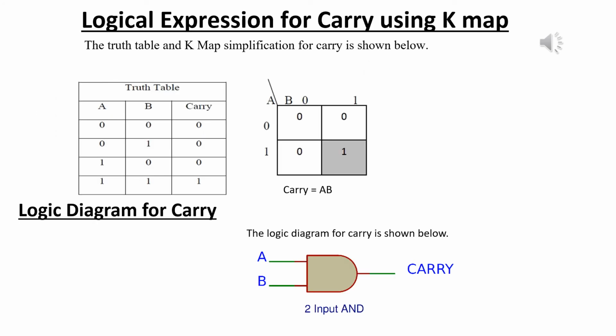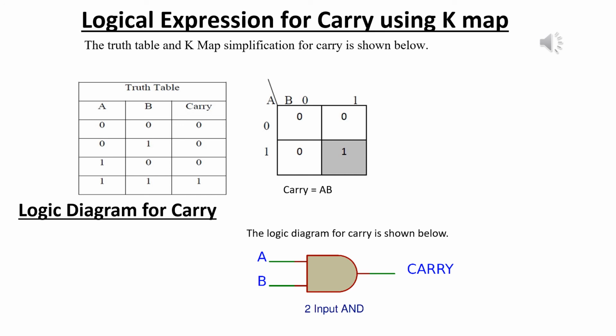Now the logical expression for the carry output is discussed here. So consider the truth table with the carry outputs. In a similar manner, we have to construct a two-variable K-map. The two-variable K-map consists of 4 cells. Now replace the binary values in all these 4 cells. So the value 0, 0 gives the output as 0, and for 0, 1 the carry value is equivalent to 0, and for 1, 0 its value is 0, and for 1, 1 the carry value is equivalent to 1. So from this K-map we can derive the expression for carry as A into B.